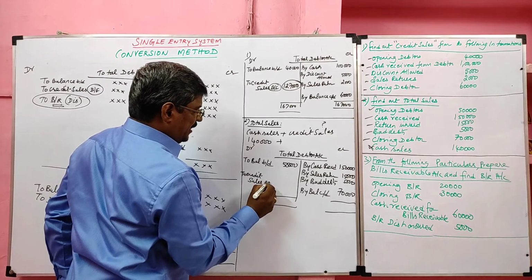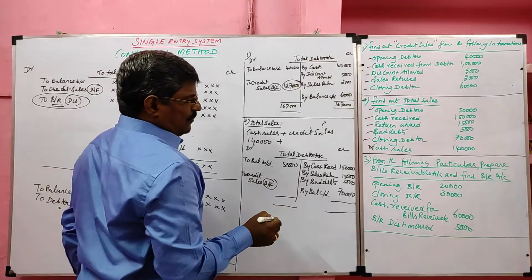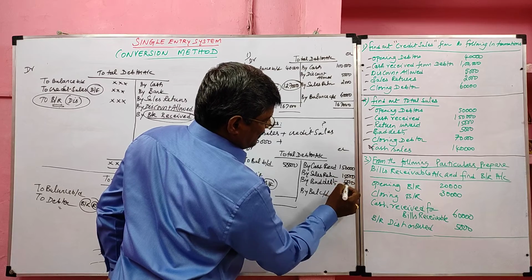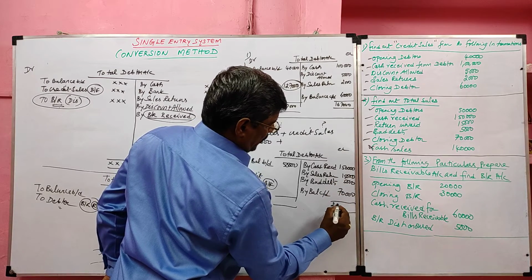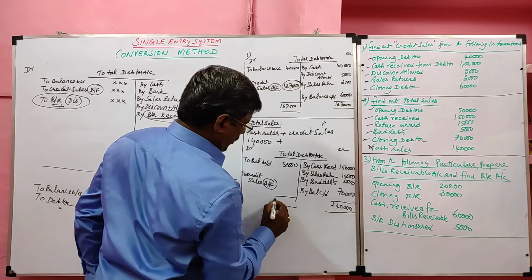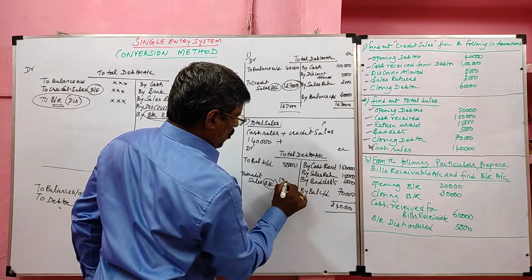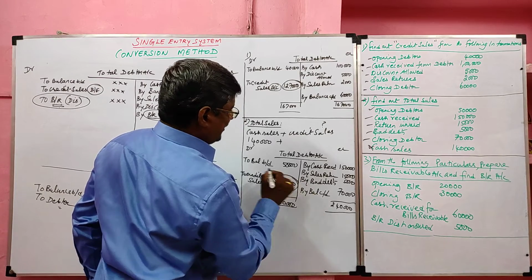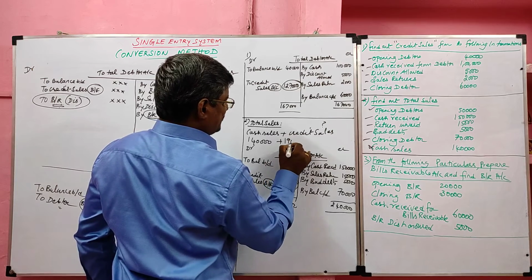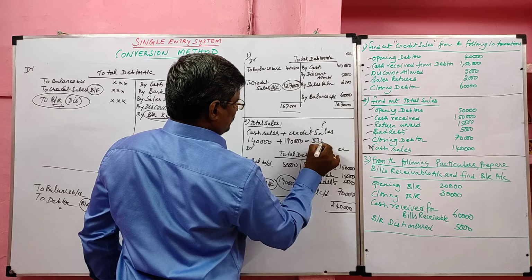So definitely the credit side total is heavier than the debit side total. Now we are going to add: 1,70,000, 2,40,000. So 2,40,000 minus 50,000 equals 1,90,000. This is called credit sales. Now we already know cash sales, and now we have ascertained credit sales. Our total sales is 3,30,000.